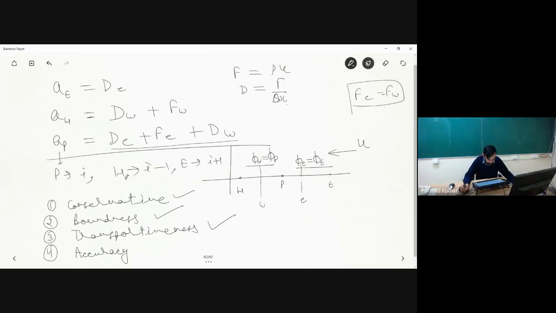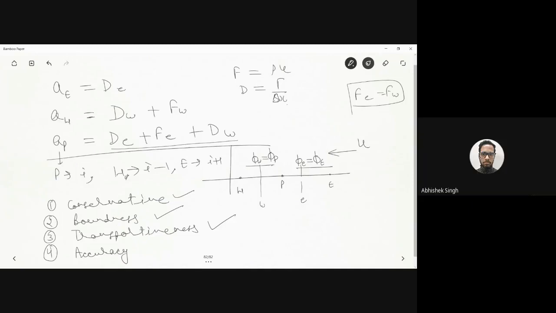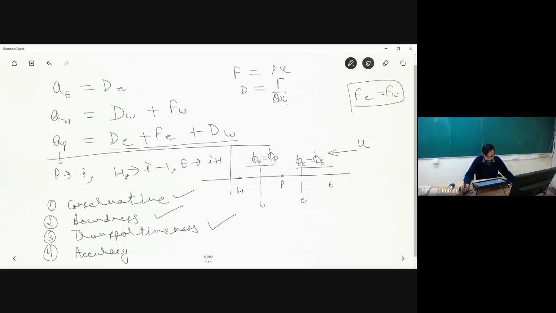Sorry? Hello. Yes. Abhishek, say again. Sir, there was another condition, right? Like this ratio should be less than or equal to 1, and at least at one point it should be less than 1. Yeah. So while you will be dealing with the boundary nodes, your delta X, etc. will be changing. So for some of the boundary nodes, that condition will be satisfied. Okay, sir. And what about in terms of order of accuracy? What will be the order of accuracy of this scheme?